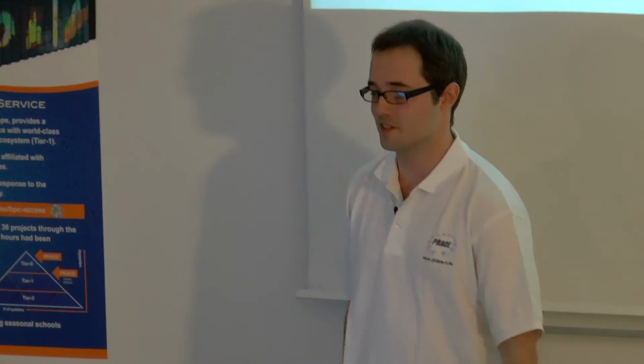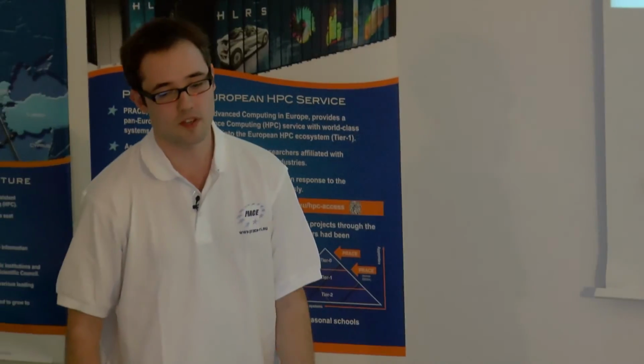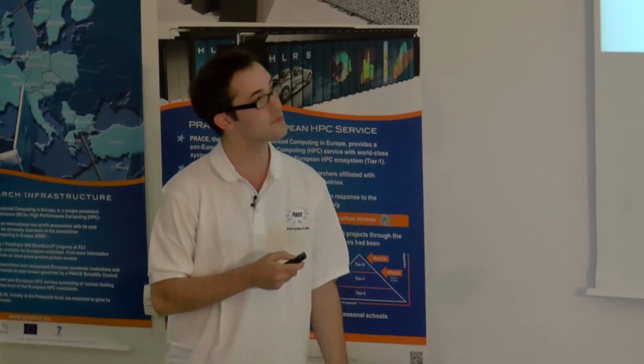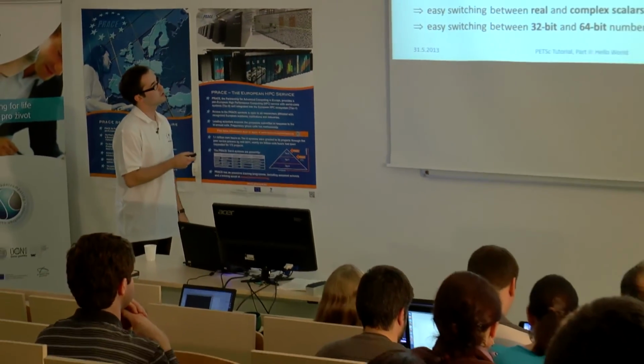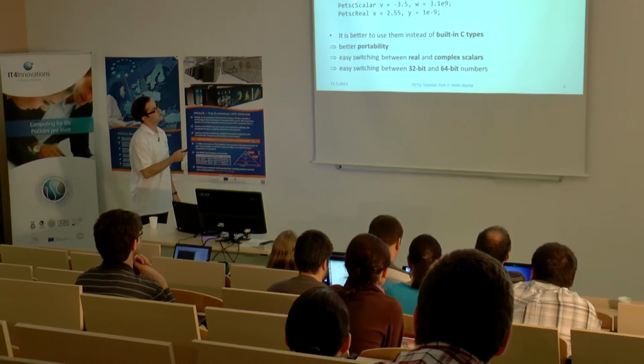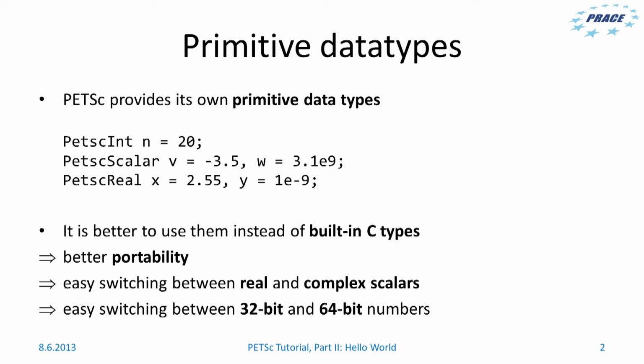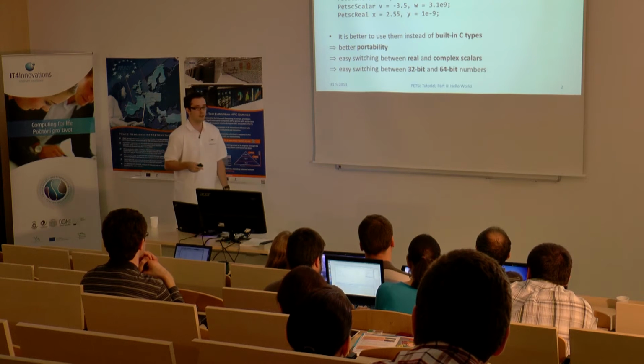Again. This is the second part of my tutorial about PETSc. It will be devoted to very basics of PETSc programming. Here you can see that PETSc provides its own primitive data types like PetscInt, PetscScalar, PetscReal. It is actually better to use them instead of built-in C types because it leads to better portability of your code. It is then very easy to switch between real and complex scalars, and also to switch between 32 and